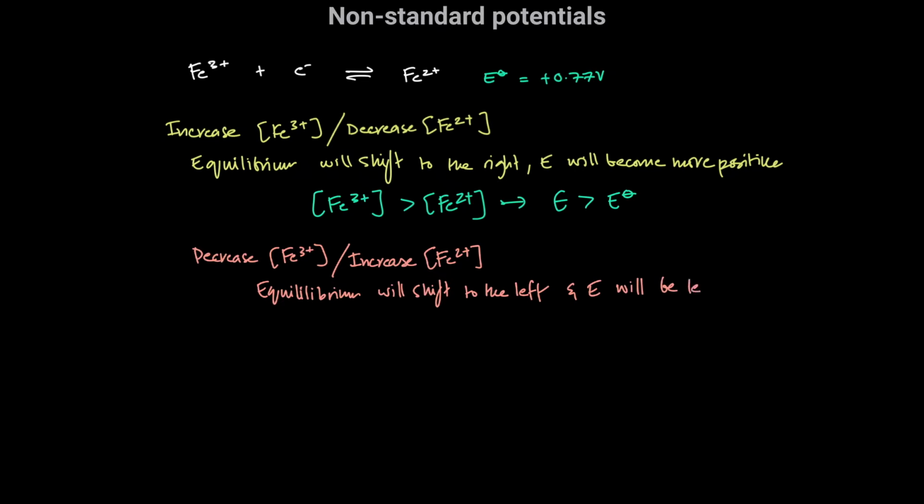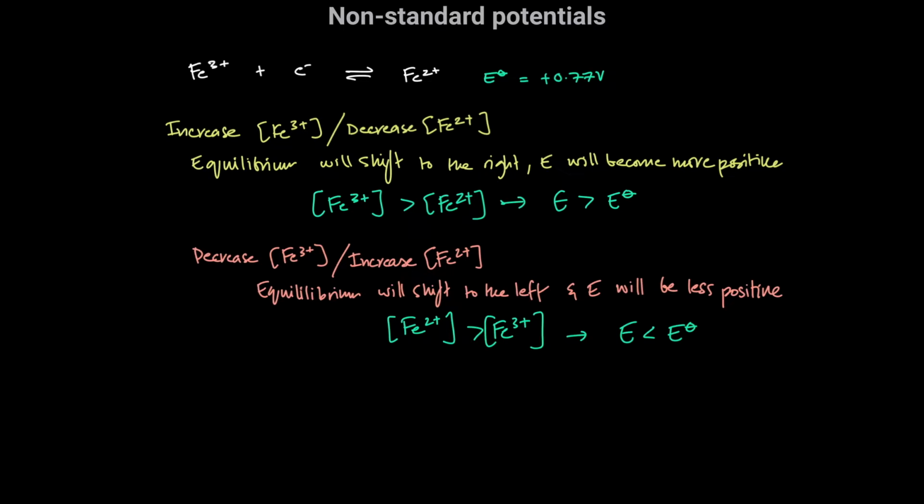Again, as long as the concentration of Fe2+ is greater than the concentration of Fe3+, your non-standard electrode potential would be lesser than